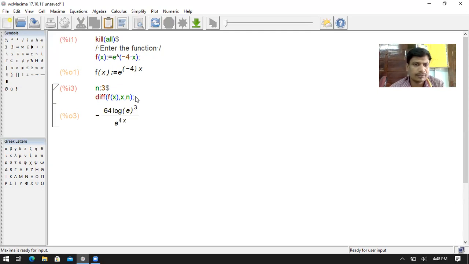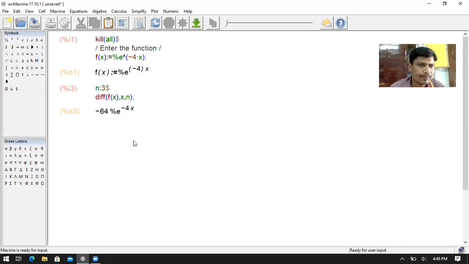Suppose we take the percentage of e to the power of minus 4x, then the result is different, and if you take it directly, it is different. That's why you take the percentage of e to the power of minus 4x. Then n is equal to 3, which is given, meaning we differentiate 3 times. In your final result, minus 64 e to the power of minus 4x. That is your output. Okay, this is the first example.